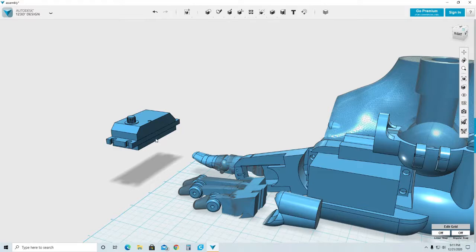Now, this is the part that I need, except that I need to place the motor. The motor that is there needs to be back there. So what I'm going to do is measure that motor, and I'm going to make a cylinder to place it on the bottom of there. So let me go into shapes, click on cylinder, and I'm going to measure my motor with a caliper again,